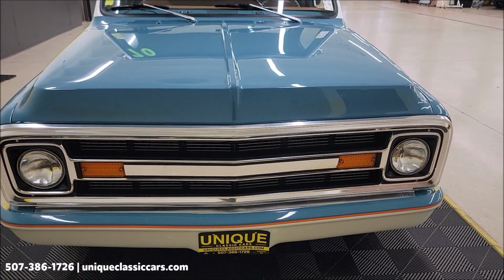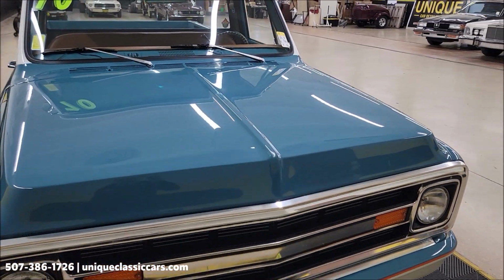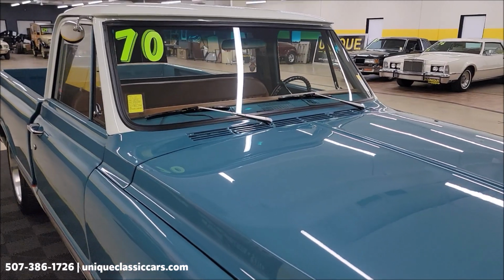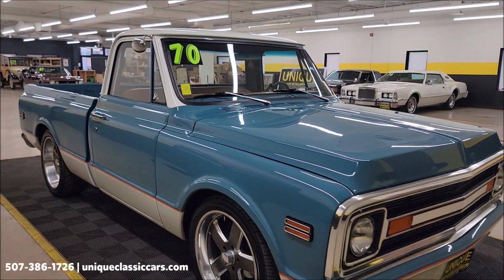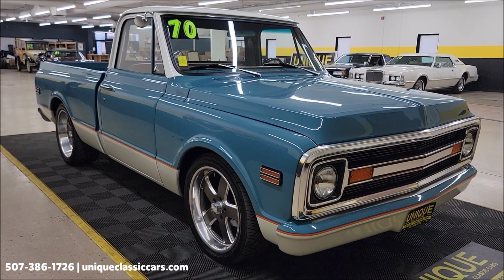This restoration was a frame off and was finished within the last 6 months. A little over 2,300 miles, I believe it shows on the odometer, since it was built. We'll get around to the driver's side, check that out a little bit closer. First, still pictures. Check out the underside, engine bay, bed of it, interior,